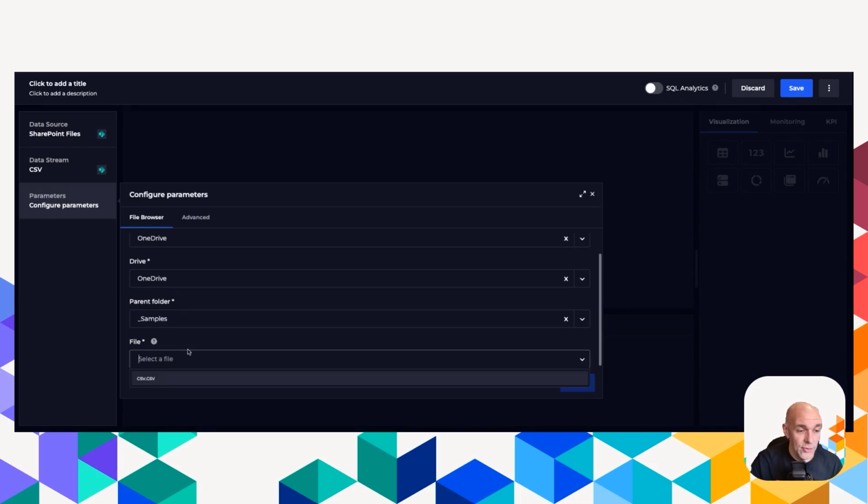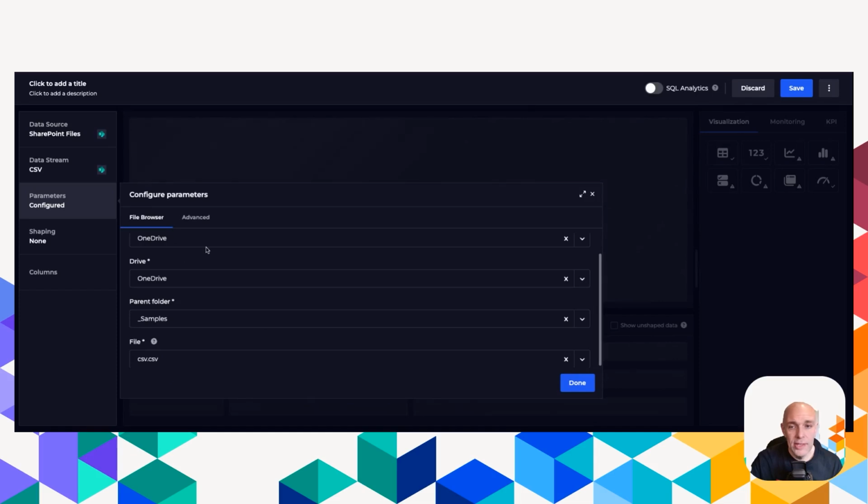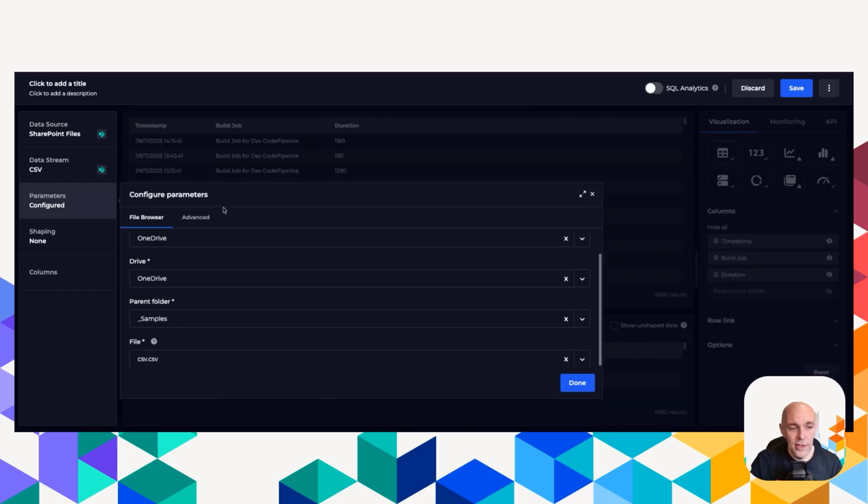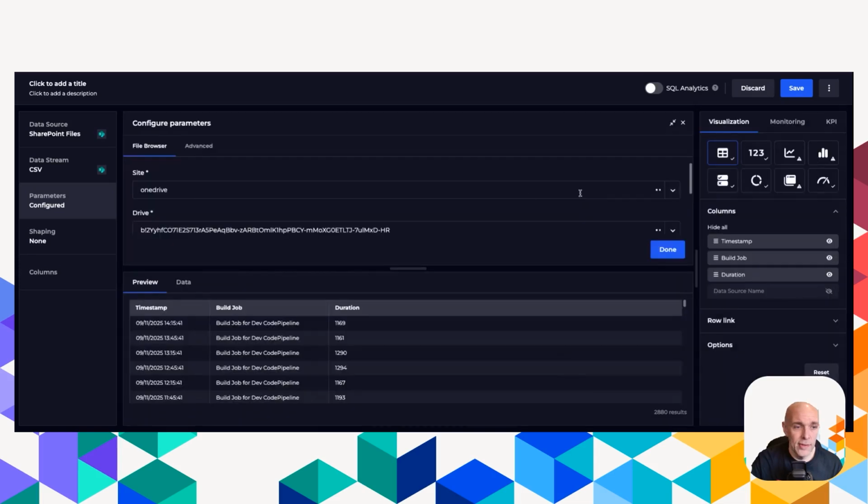And I can then choose file. The list here will be filtered by the file type, in this case CSV, so I can see my CSV file. And in the background, you'll see the data starts to load as soon as I've chosen the file. There it is there. Let's just move into this view so that we can see the data while we're playing